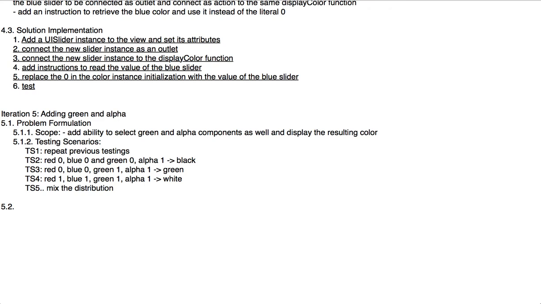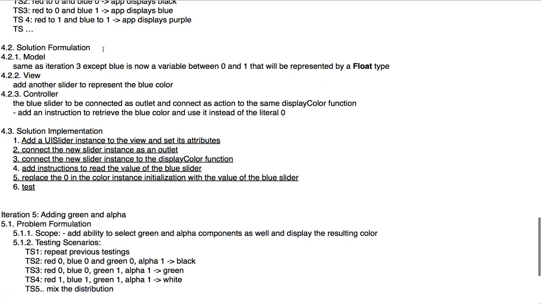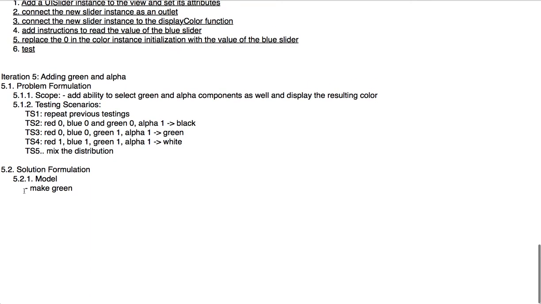So the solution formulation, the model. So the model, we're going to add green, what did I write there? Same as iteration 3, so yes, that's the same as iteration 4, but with green and alpha as variables. And then the view,